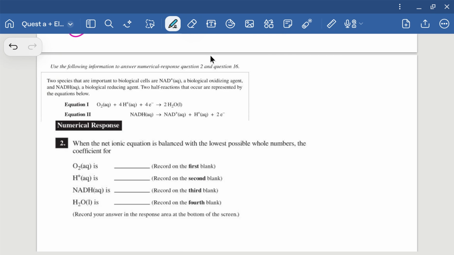So with this, we just want to realize that before we can add these two together, you would have to multiply that second reaction by 2, and then you'll see a few things canceling nicely. So if we multiplied this one by 2, I'd have a 2 here, a 2 here, a 2 here, and a 4 here. So you would see your electrons canceling altogether, and you would see 2 of these hydrogens canceling out with 2 of the hydrogens in front of